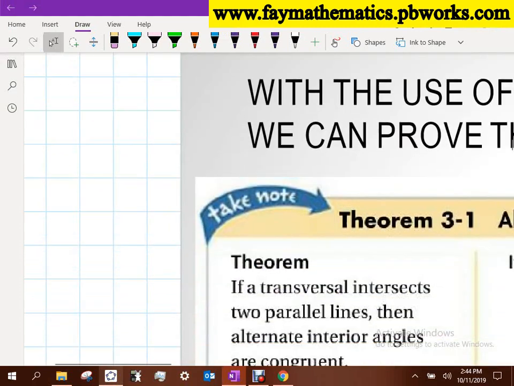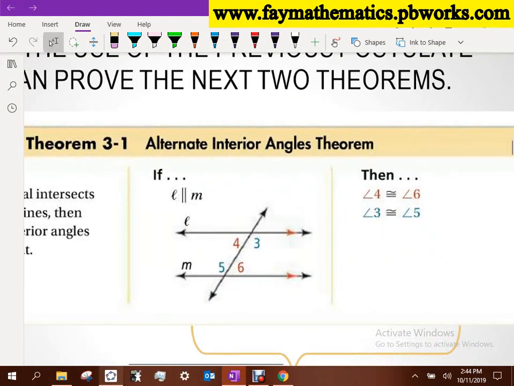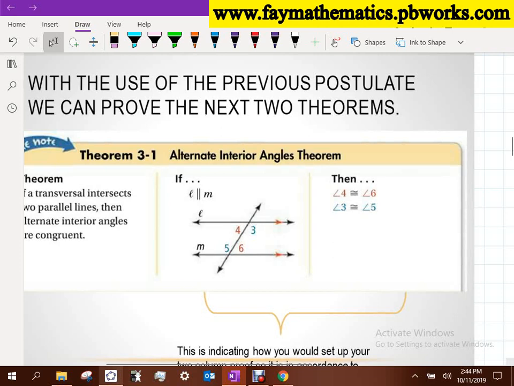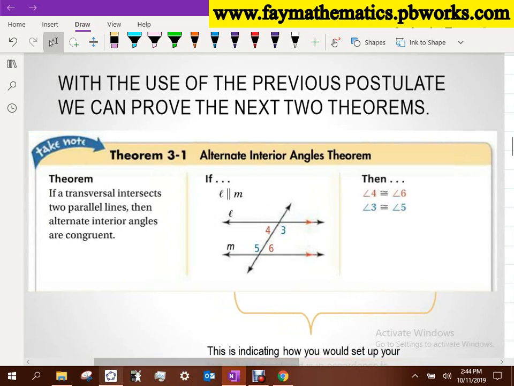Let's write this statement down here. You already told me that alternate interior angles are congruent. This is the theorem that encapsulates that idea. Okay, but remember, because I'm going to ask this question on a test,